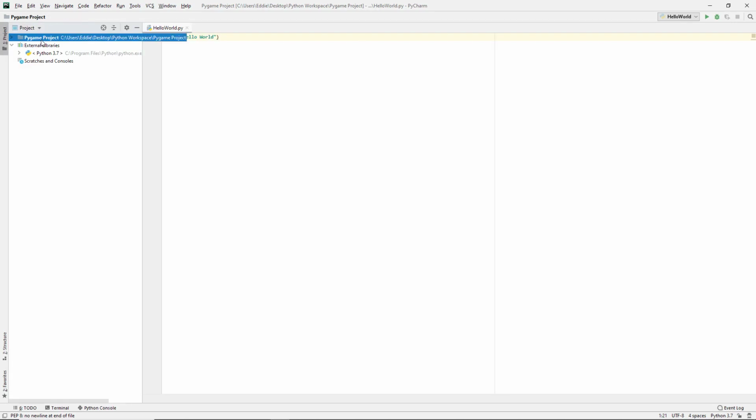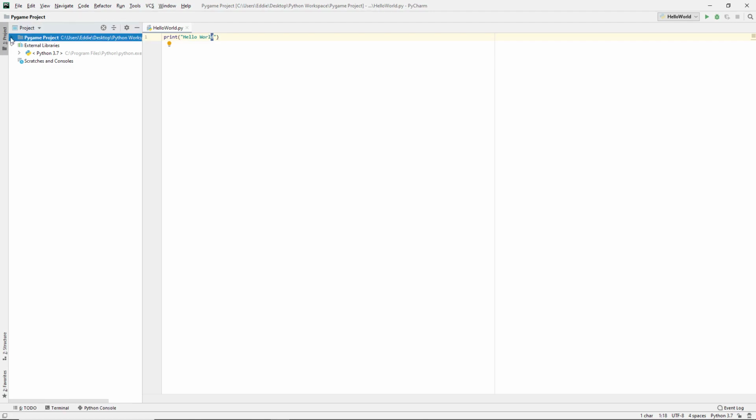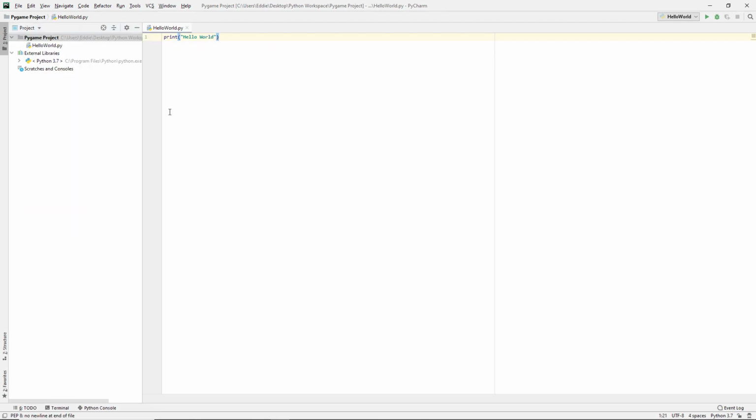What you're going to want to first do is right-click on your folder and create a new Python file, or if you're making a different type of file, like an HTML file, you can do that. Or if you want to organize things into directories or Python packages, you can do that. But we're just going to start with a basic Python file. I made one called Hello World,